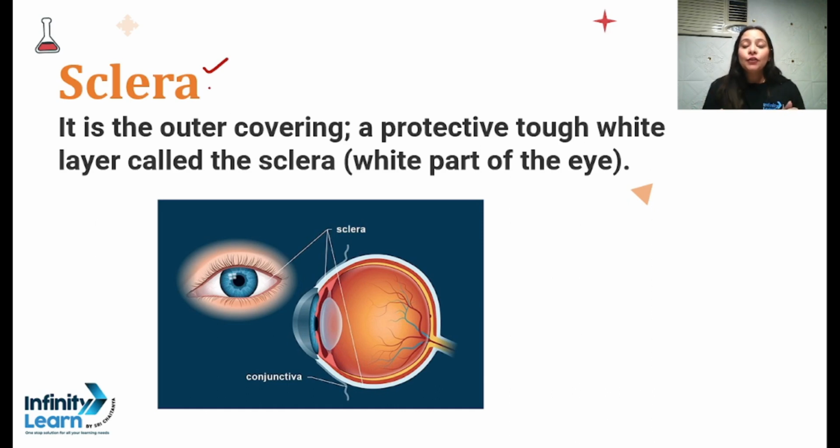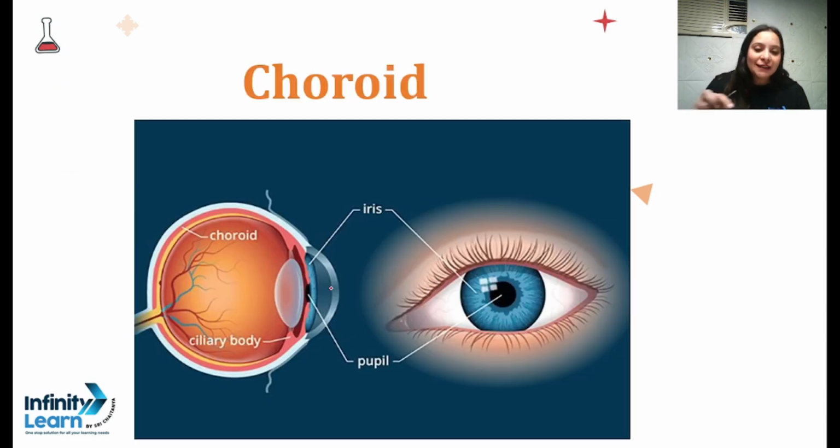Every organ or part of a body has some covering around itself. In the same way, the eye has an outer covering, a protective, tough, white layer, which is called the sclera. As you can see in this picture, this part is the sclera. You can say that the outer layer which surrounds the eye is called the sclera. It is protective, and it is the white part of the eye. Inner to it there is a layer which is called the